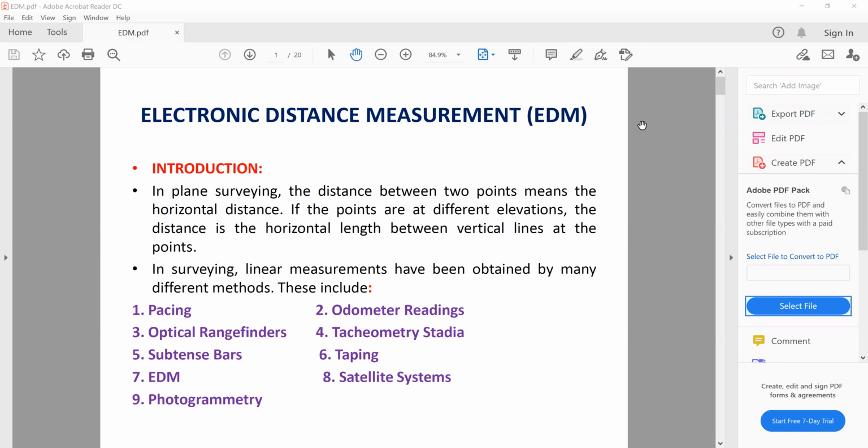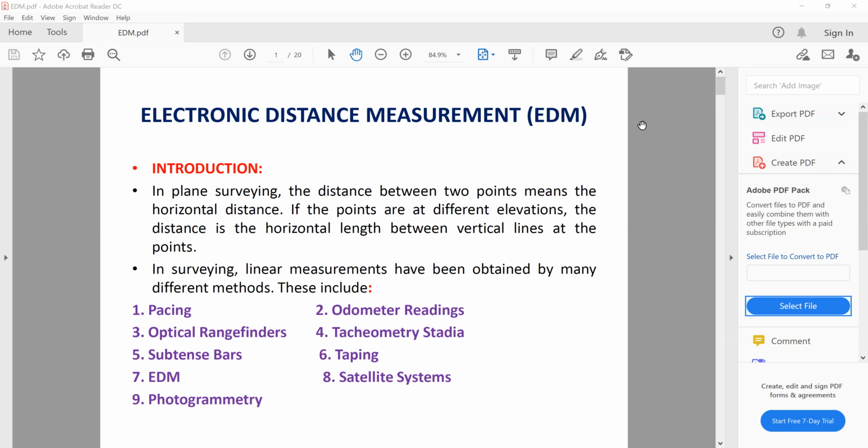So we have studied a few or many methods of finding out horizontal distance. We started with pacing as the most basic method. Then we went on to measuring tapes. Then we measured horizontal distance using a tachyometer, which is basically an analytic lens in theodolite. So we studied different methods, but now we come to the most modern or most accurate method, which is electronic